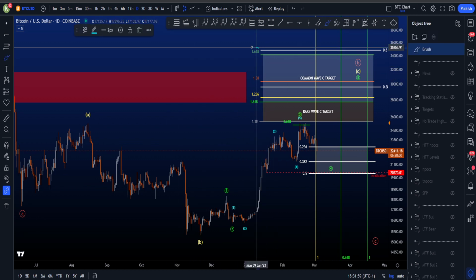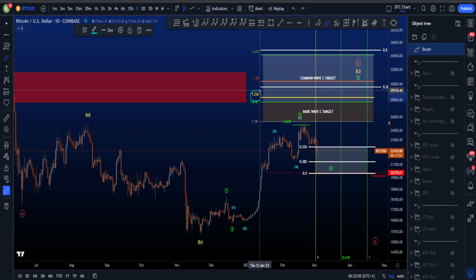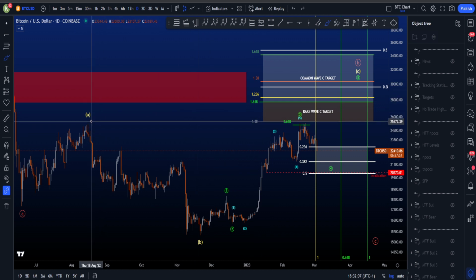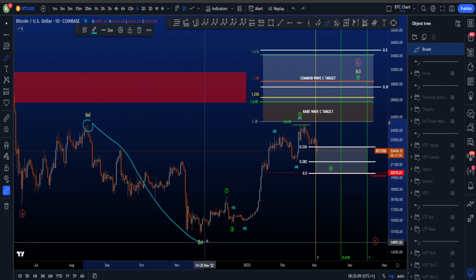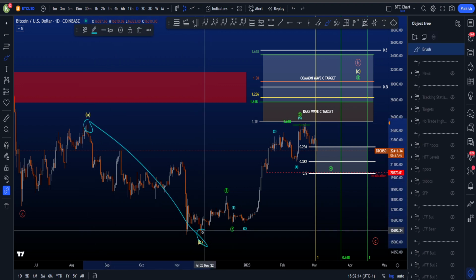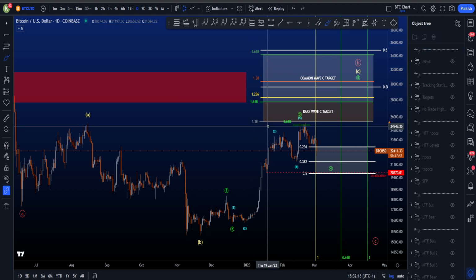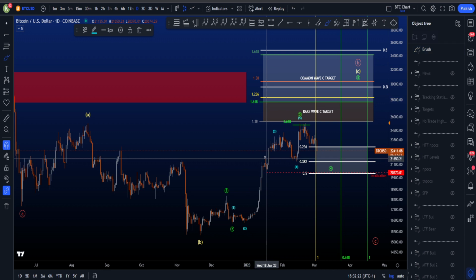However, this Fibonacci pool over here, the 1.618, which is the same pool as the 1.38 here and the 1.236, this is the pool that you take from the high of A to the low of B. So pull a Fibonacci from the high of A to the low of B, put it on these fibs over here, and this is a very common target for wave C, as well as the trend-based fib extension 1.618 that